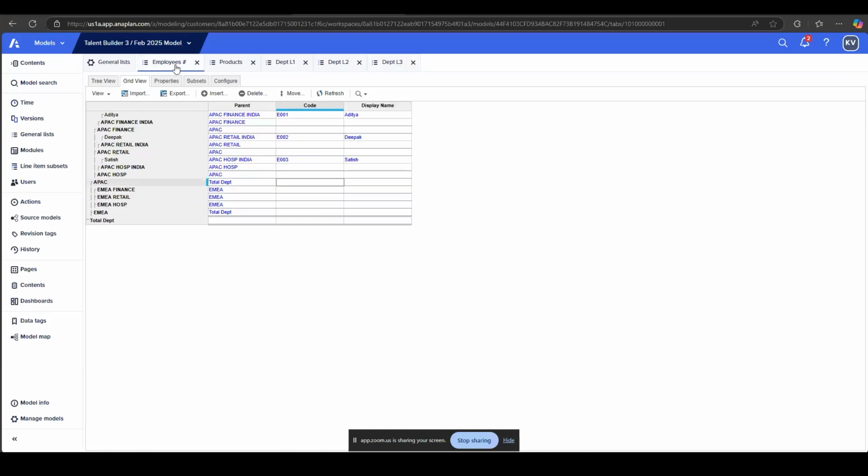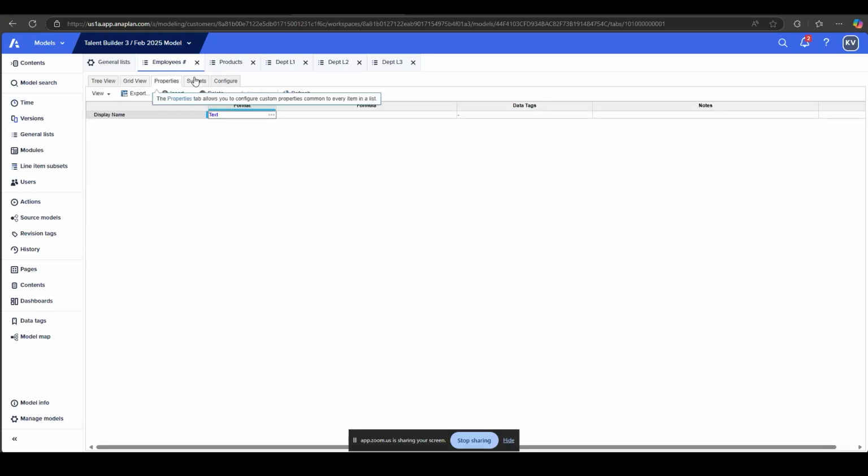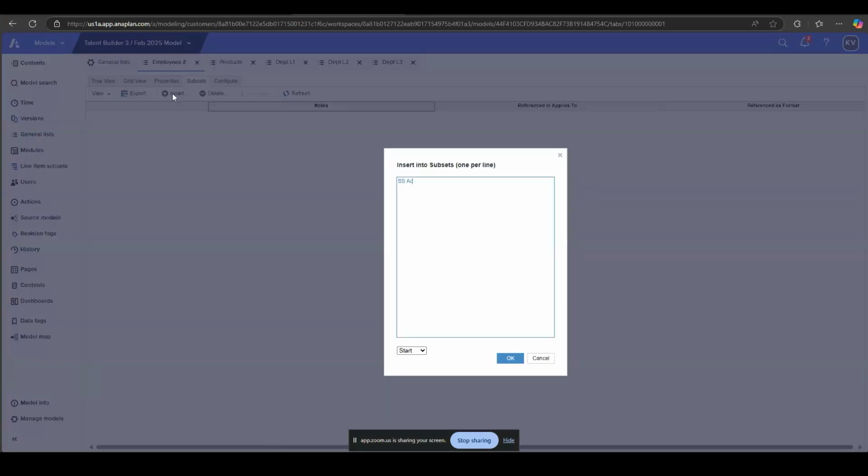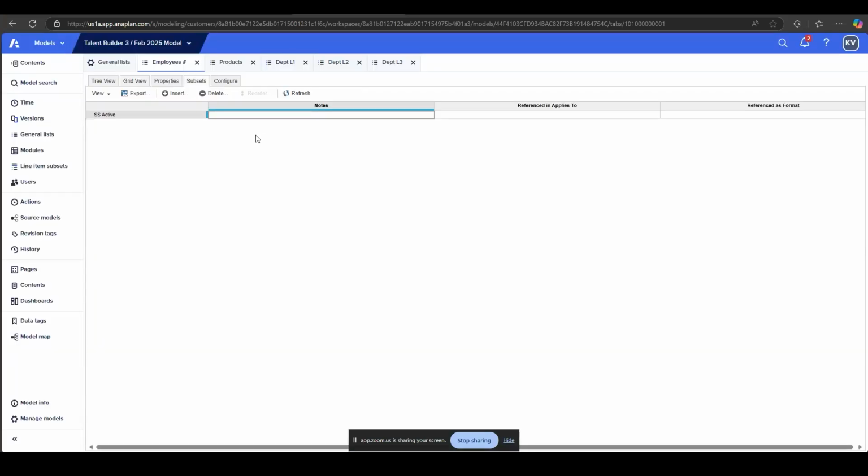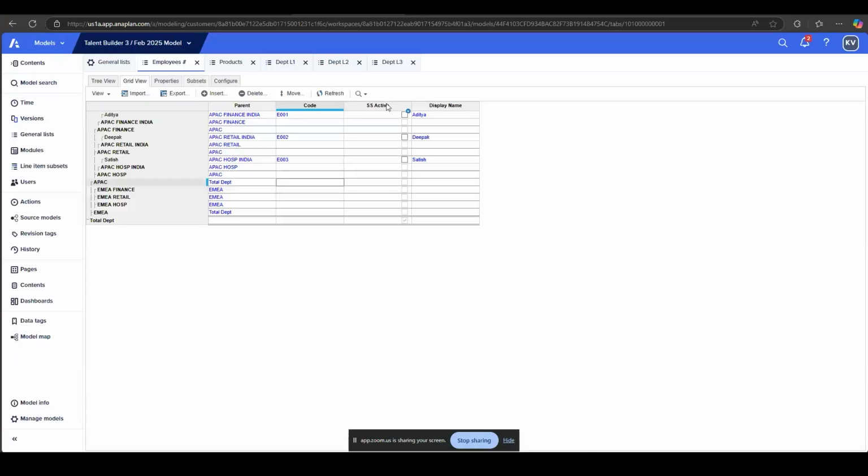So now what happens is, let's say in employee list, you saw property already. There is a section called subsets. So I can create a subset out of a full list. Now this SS active is a separate list in my model. And whatever employees I mark through here will be included in that subset list so that I can use